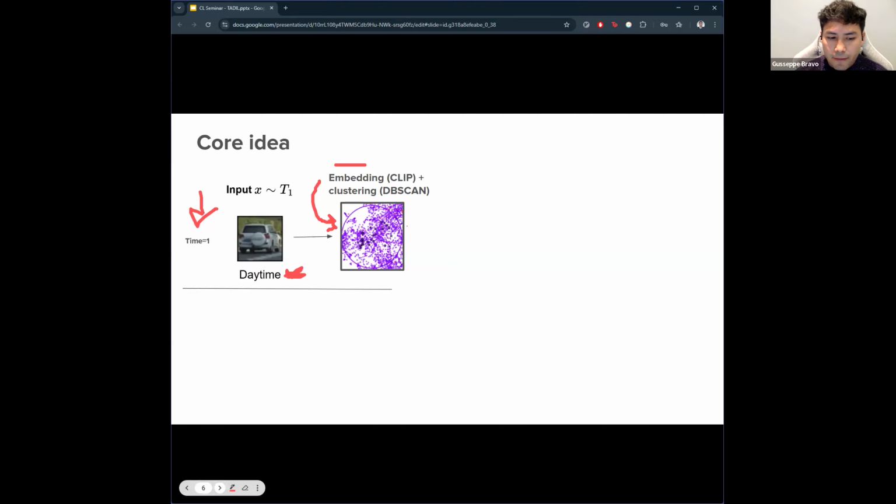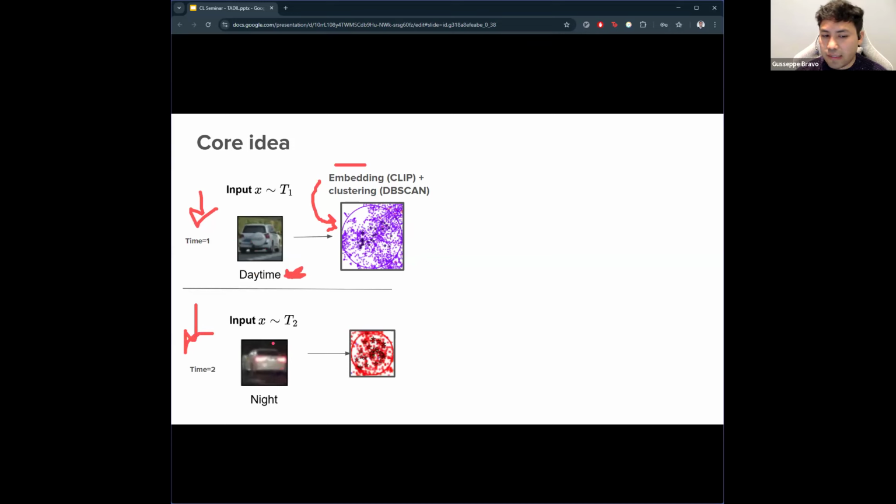We need that because when new data comes, it can be the same task or a different one. For instance, in this case we have a new domain, which is images at night. We apply the same function here so that we measure if we have a drift with a simple algorithm.